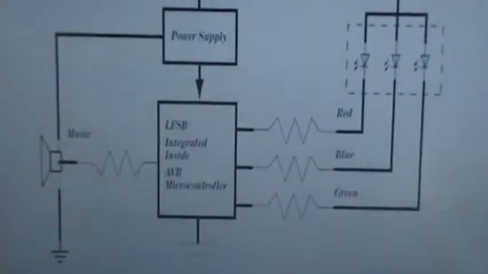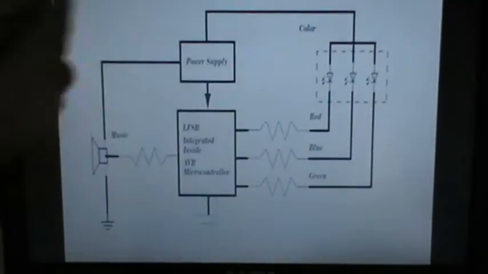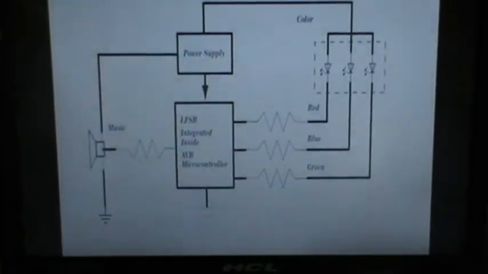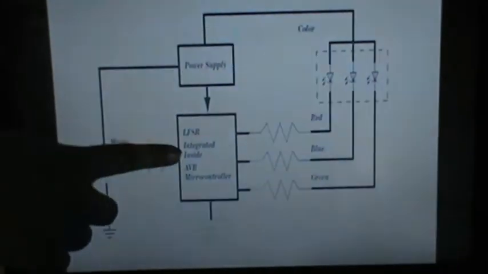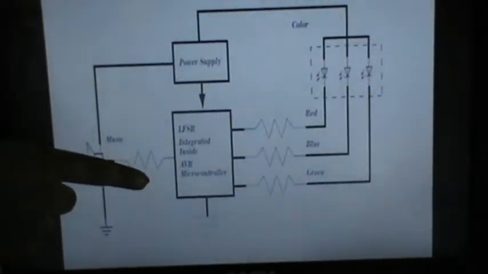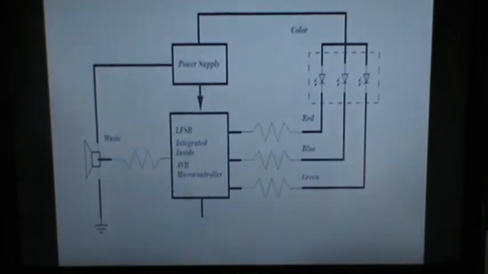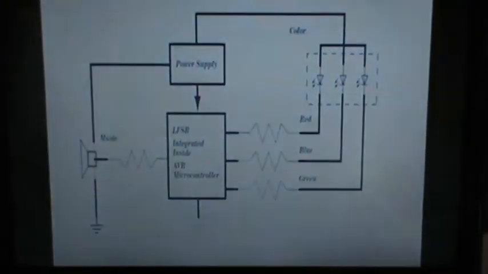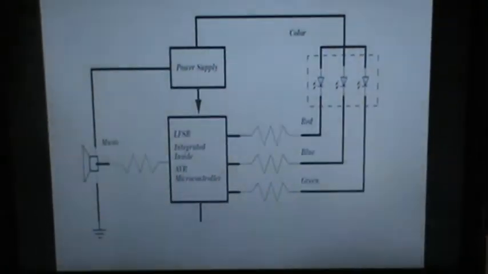In order to observe the random colors on the LEDs, we have to glow the LEDs with different intensities. In order to make the LEDs glow with different intensities, we have to supply them with different voltages. But our microcontroller, which is ATtiny13, can supply only two voltages, VCC and ground. So we make use of a technique called PWM, pulse width modulation, to generate different analog voltages from the two voltages which are supplied by the microcontroller.